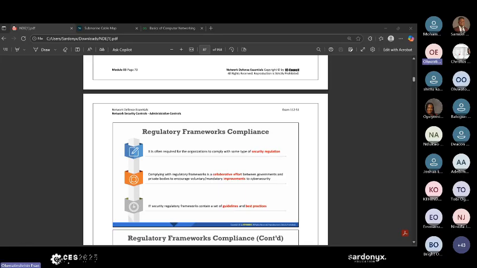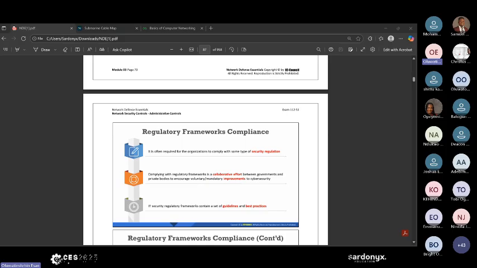Okay, so compliance is very important for every organization. And for some of us, this is the career path we're going to, governance, risk, and compliance. Almost every organization must follow a particular compliance, right? It makes life easy. So there's a methodology of the way you do things, right? Now, it's often required for organizations to comply with some regulatory security regulation. And I've told you that security and law go together, either in terms of policy or compliance, but they go with laws, right?